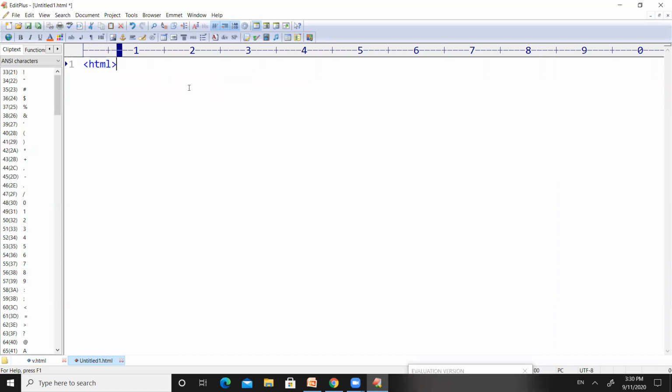So let us have HTML and the head section, and inside the head section I want a title called let const keywords. That is the title of my web page, and then close the head section.